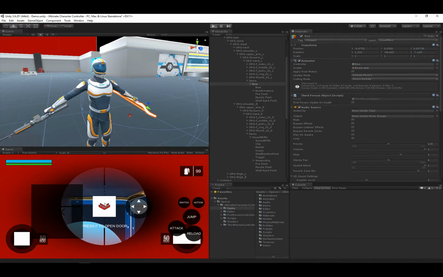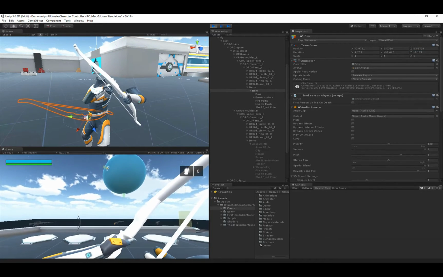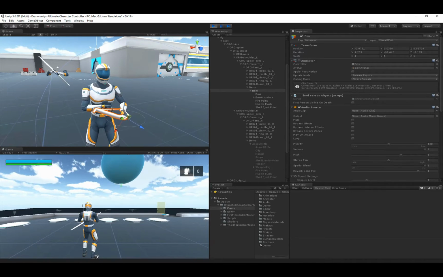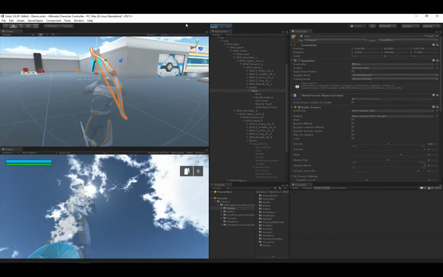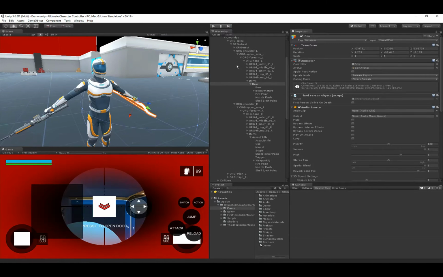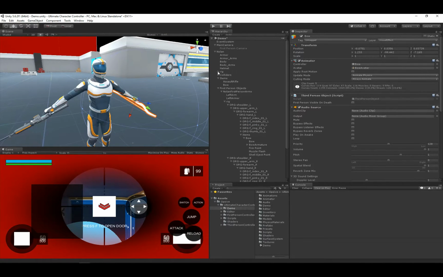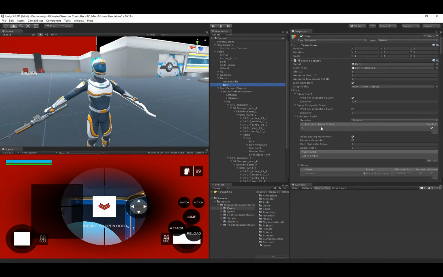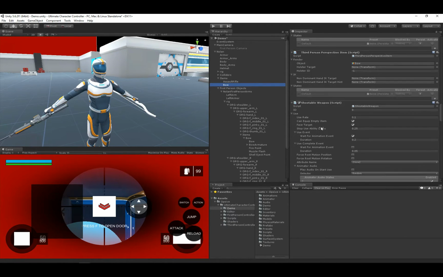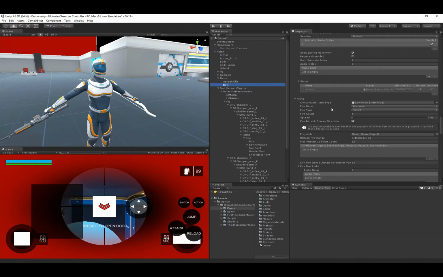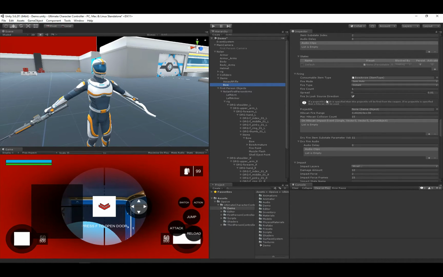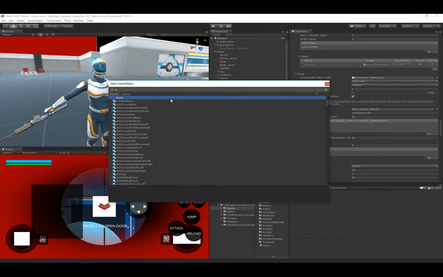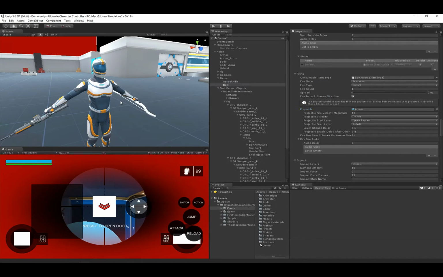It should look good for both first and third person. So that looks good. And then I switch to third person, and that looks good. So now the issue that I'm having is that we have no arrow. And we can add an arrow by going to this bow item, and then under shootable weapon, we want to specify that the arrow, let's see, under firing has a projectile, and we're going to use the already created arrow